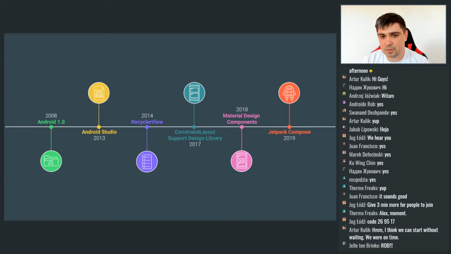Android applications. A year after it, we had the next big release. It was Material Design Components. It's an evolution of support design library and support libraries. And last year we had the release of Jetpack Compose. Jetpack Compose was announced, and right now it's in a developer preview version. Unfortunately, it's not ready yet for production, but I think today's talk will be helpful for